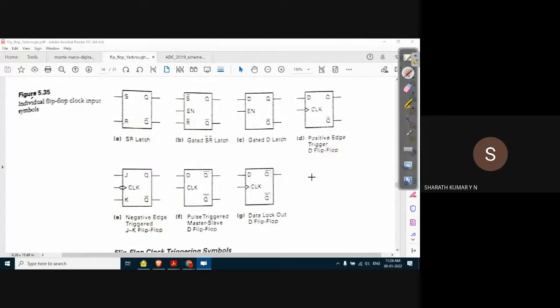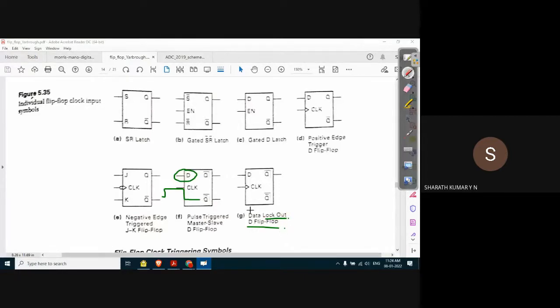Pulse triggered means as long as the clock pulse is high, the flip flop changes its state as and when input D changes the state. Next is the data lockout D flip flop. In this data lockout D flip flop, the symbol looks similar to the D flip flop. But the only thing here is that